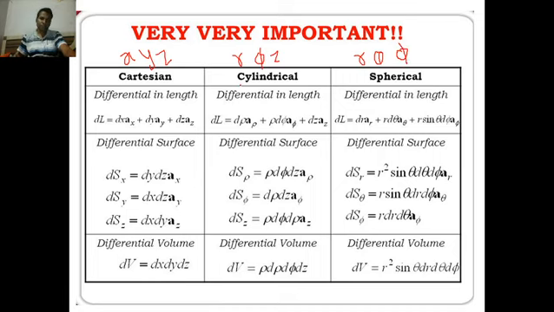Although in the cylindrical coordinate system, in order to show the difference between this r and this r, sometimes the r of the cylindrical system is shown by the symbol rho. But no problem, you can use either the r symbol or rho. Now, what exactly is this r or rho?